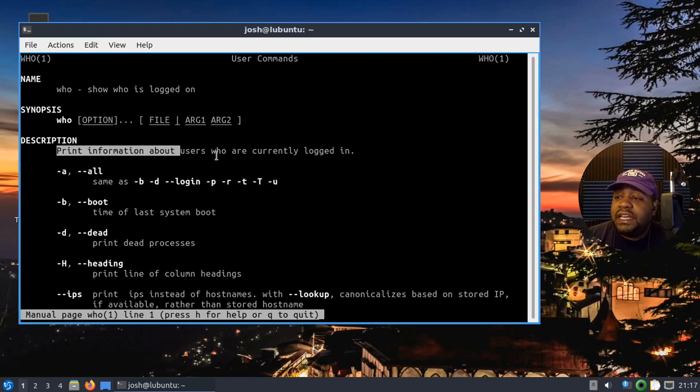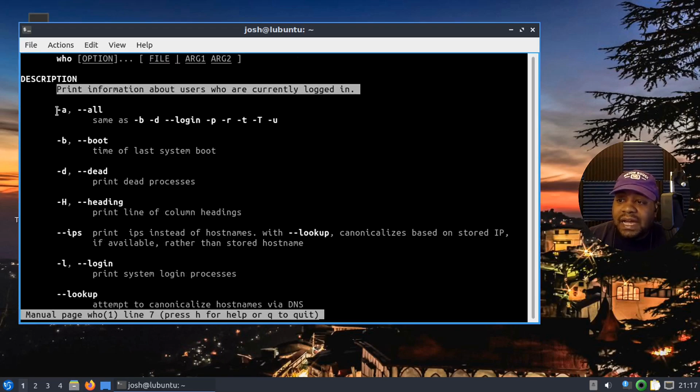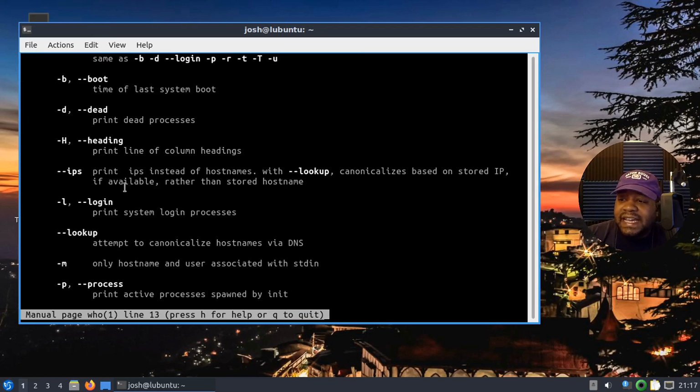It says print information about users who are currently logged in. And there are a few other options that you could add to it, like -a for all, -b for boot, -d for print dead processes, -H for header, and then --ips to print IPs instead of hostname,